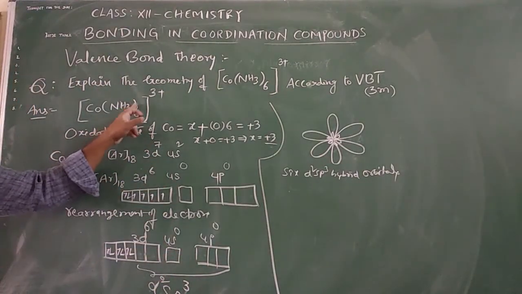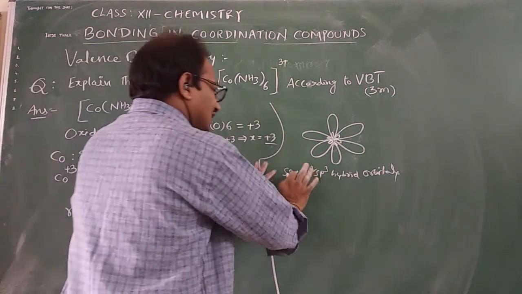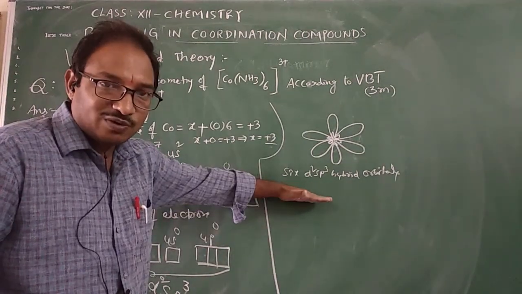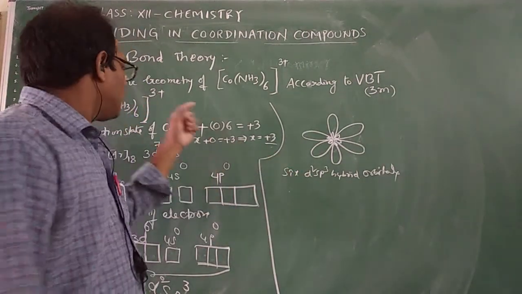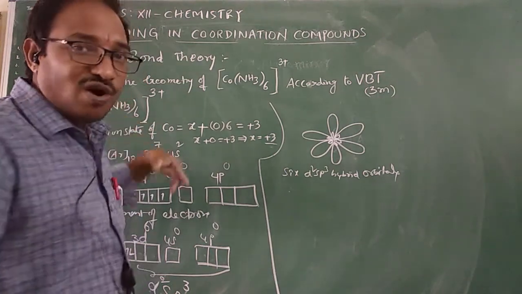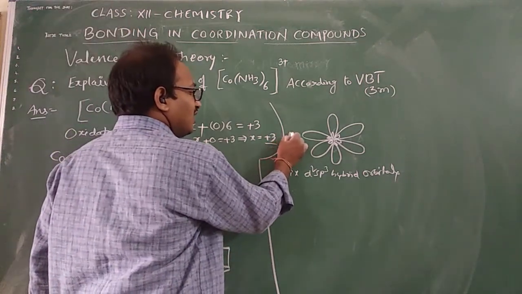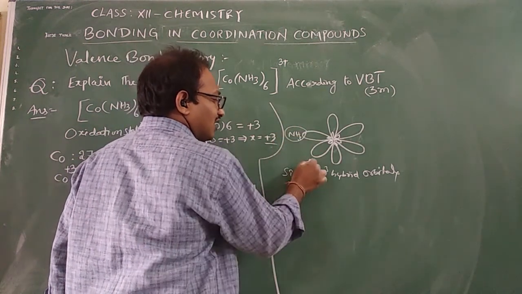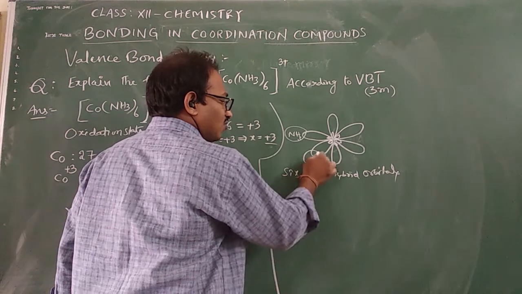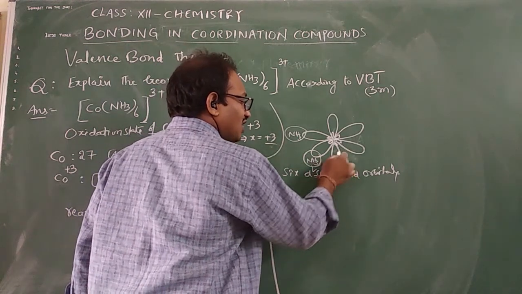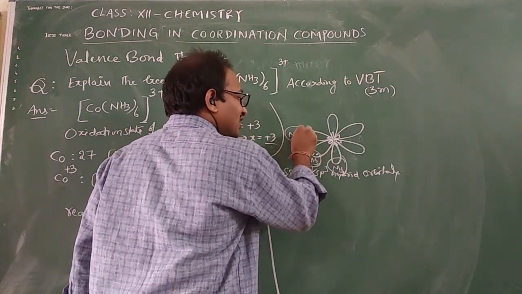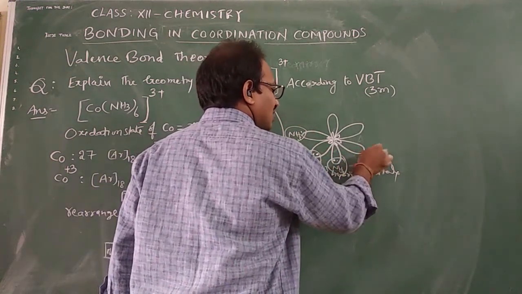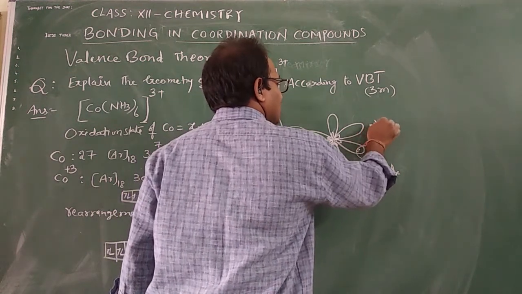So each ammonia can donate a lone pair. Now you can understand, these are the 6 d2sp3 hybrid orbitals. Now the hybridization concept is over. Now we have to introduce the ammonia ligands. Here there is overlapping. Each ammonia can donate a lone pair of electrons and share. A coordinate covalent bond is forming. How? Ammonia is only donating a lone pair of electrons to the central metal atom. So 6 ammonia will be there.